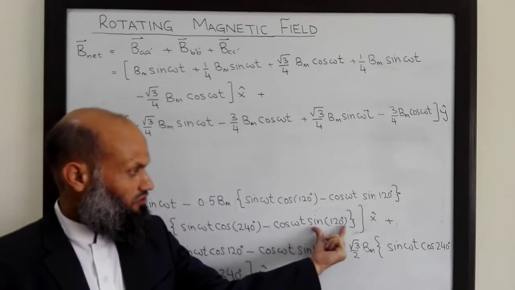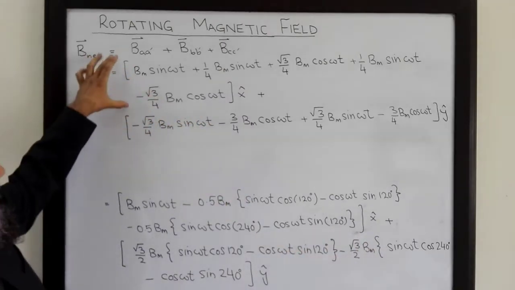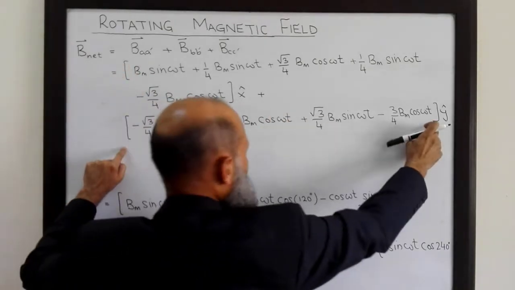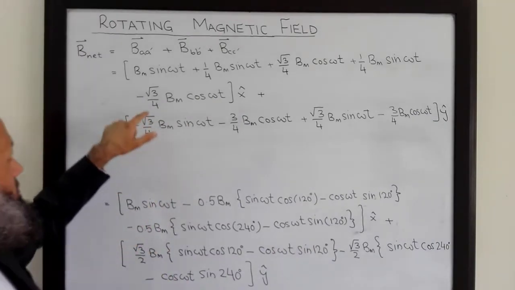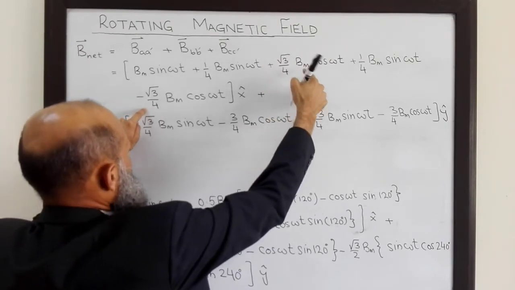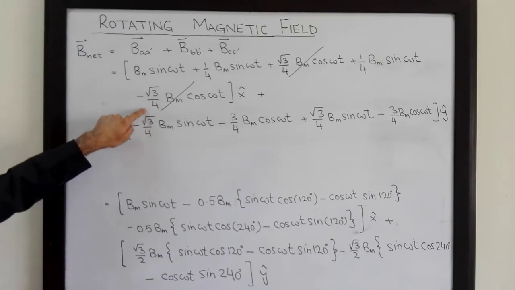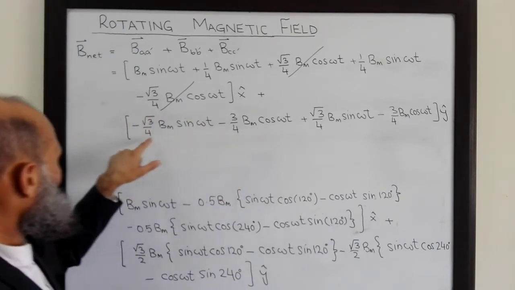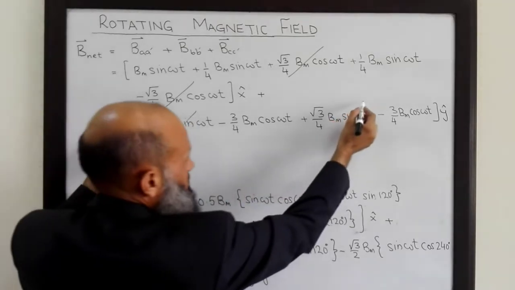So after substituting the numerical values, we have this expression, the horizontal component of the resultant vector, the vertical component of the resultant vector. So this square root of 3 by 4 Vm cosine omega t, and minus this one, these are cancelled out. And furthermore, in this expression, this minus square root of 3 by 4 term is cancelled out with this